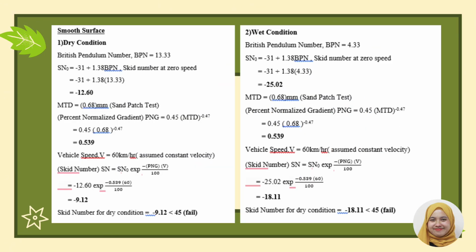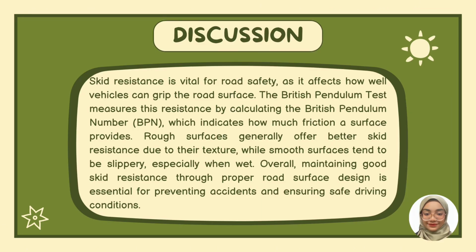For the smooth surface in dry and wet condition, we get the skid number, which is negative 9.12 and negative 18.11 respectively. Since these 2 skid numbers didn't reach the minimum skid resistance according to the standard, we conclude it failed. As for the discussion for skid resistance, it is important for road safety as it affects how well